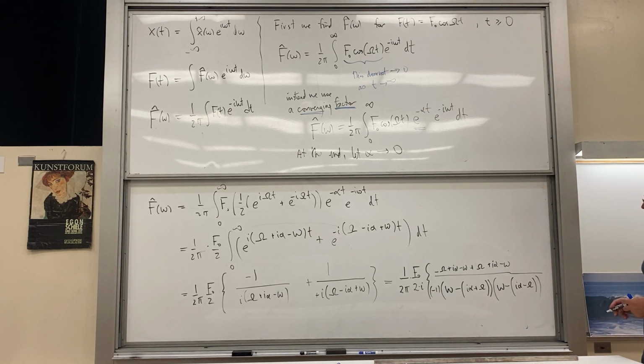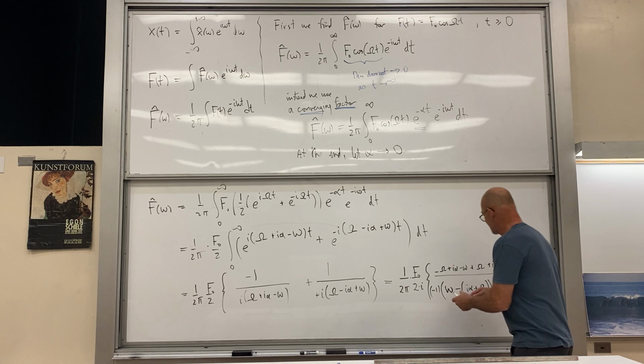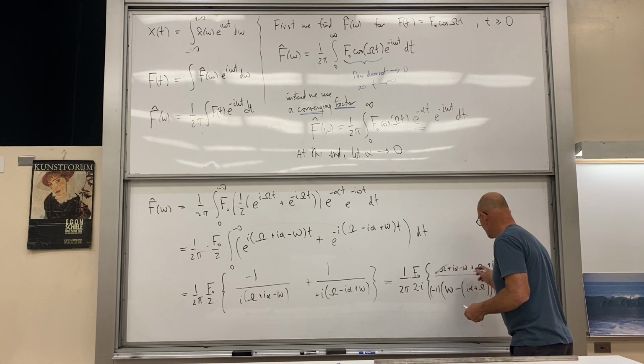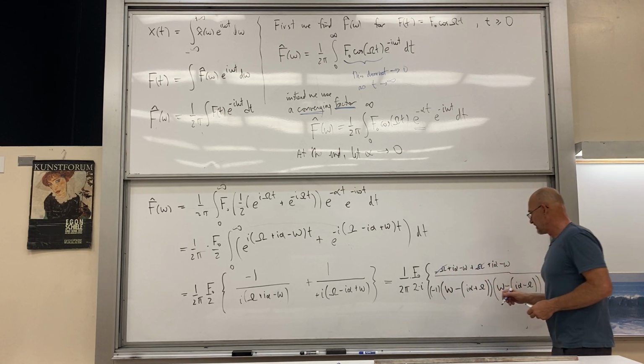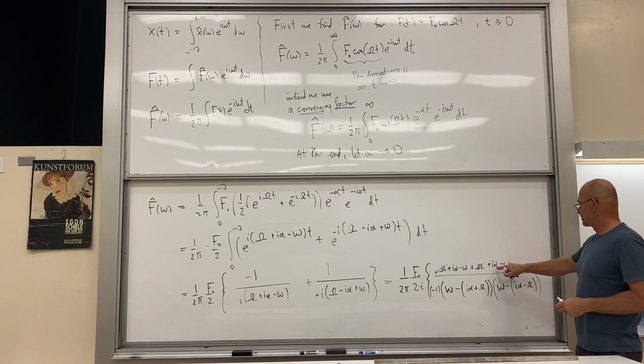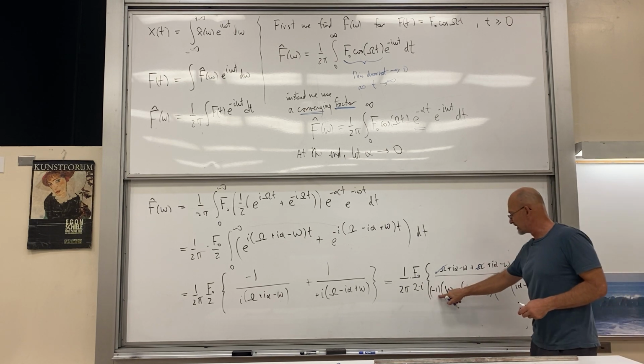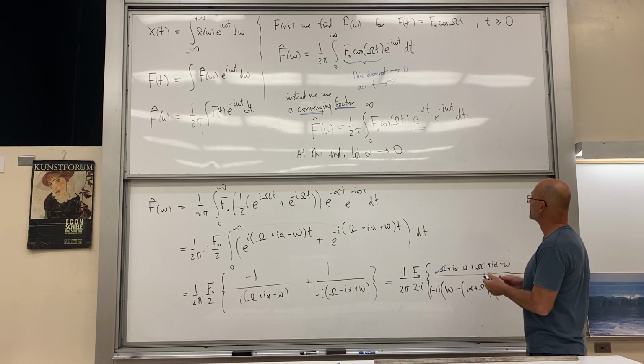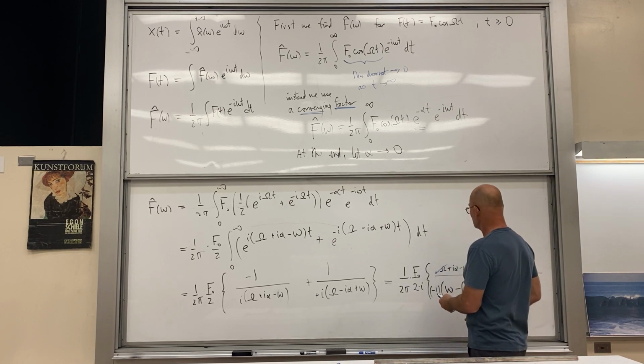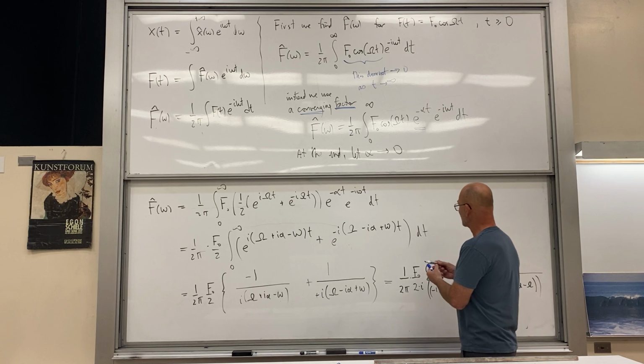Okay, that's pretty good. So these cancel here, and we have 2i alpha minus 2 omega, and we get rid of that minus sign there. So when all is said and done, and I can just put this right here,